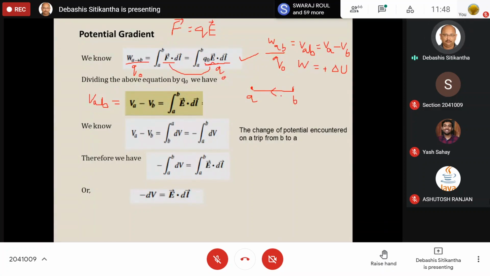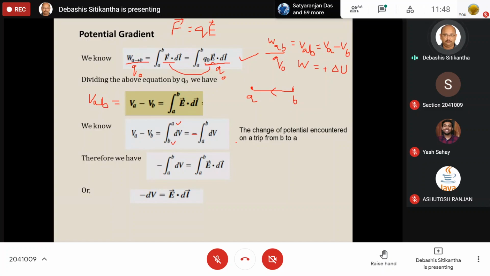So if this is the case, then obviously our path will also change. So the limits are now from B to A. Now, if I want to connect it with this equation, then the upper limit and lower limit should be the same. So for that, I put a minus sign over here and integrate it from A to B of dV. Now here, the students may have confusion. If you are having confusion, tell me. I will clear it once again.